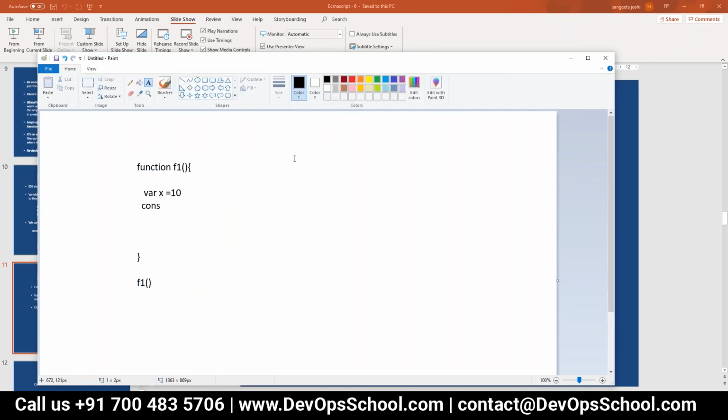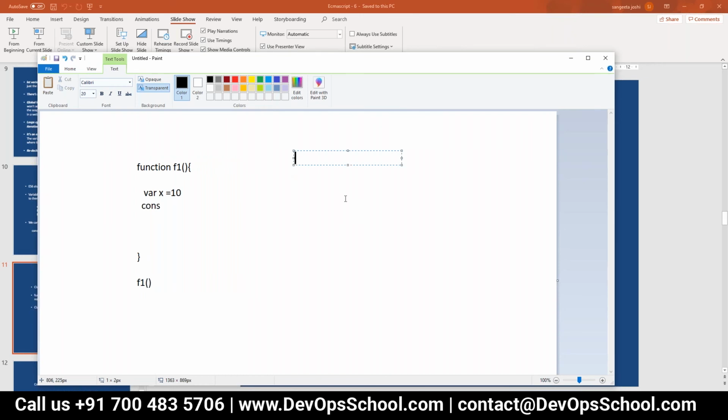Okay, there is another type of function, that is constructor function. The important point about the constructor function is that you should name it. It is a function. You should declare that function with the name starting with capital letter. Suppose I want to create a function employee. I will write it like this: function Emp, E capital, right? And then I will declare some var id or whatever, and a display function also I can write.